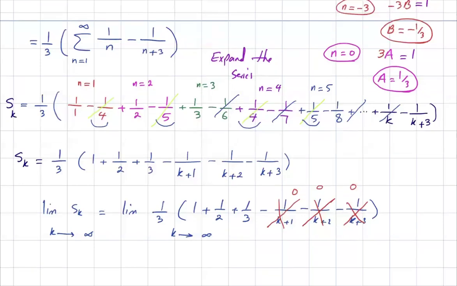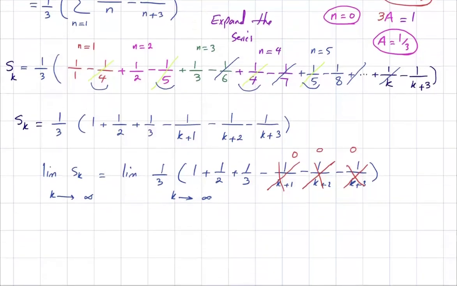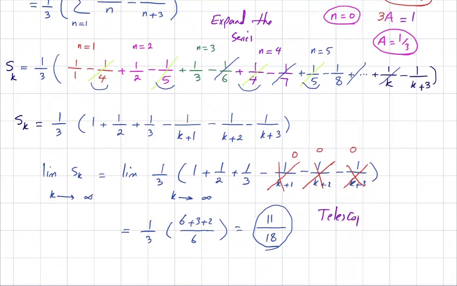This guy is also 0. So you're left with a third multiplied by, if you take common denominator, 6. Here you have 6 plus 3 plus 2, or you get 11 over 18. So your telescoping series is convergent to